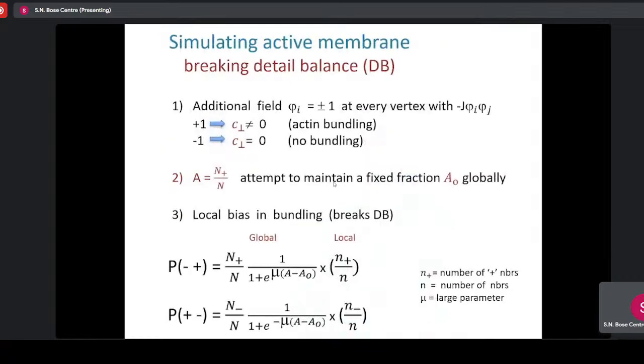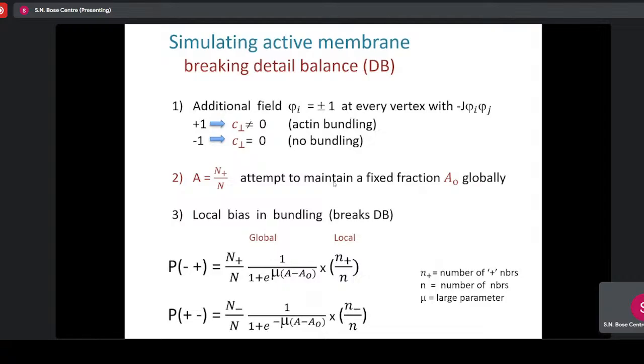And then we plunged into a non-equilibrium simulation of membranes, which is still, different people have different ways of doing it. It's still not a settled area. So here, all that we did was that instead of a Monte Carlo simulation, we introduced in our moves some detail balance breaking terms and did the simulation.